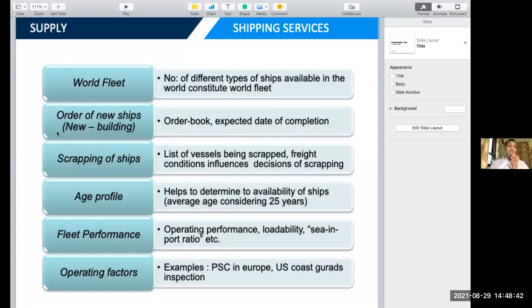Now, let me tell you, this point is quite debatable. Why is it debatable? I'll tell you. In the olden days, the seaport ratio was very actively seen. In fact, if you see the annual reports of shipping companies in 1978 or the 1980s, they had a ratio called a seaport ratio, and if the ship has remained more time in sea and less time in port, you can know that the ship's fleet performance is good. So this was a very active